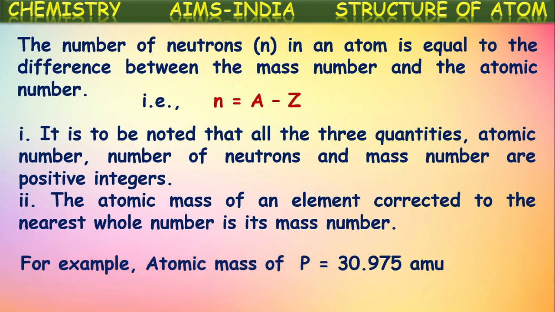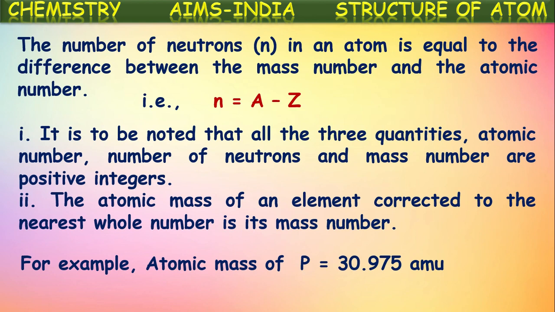For example, the atomic mass of phosphorus is 30.975 atomic mass units, AMUs. This is calculated by comparing with 1 AMU that we have learned already. So how many times it is heavier than 1 AMU is taken as its atomic mass. So the atomic mass of phosphorus is equal to